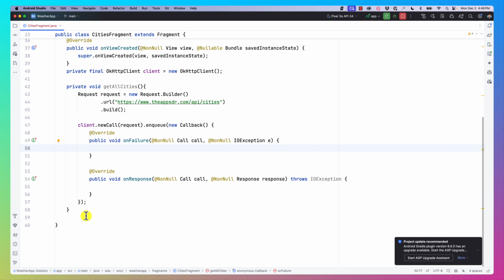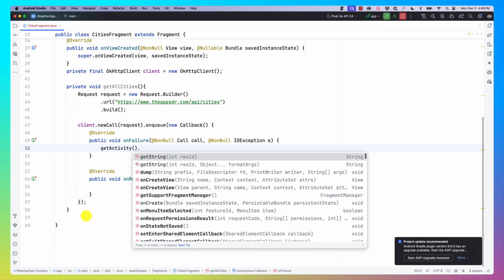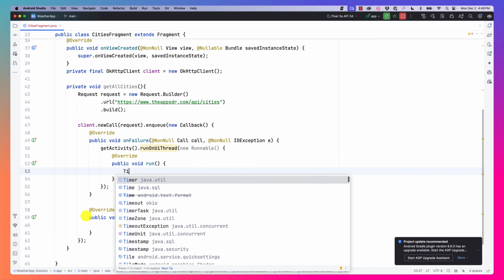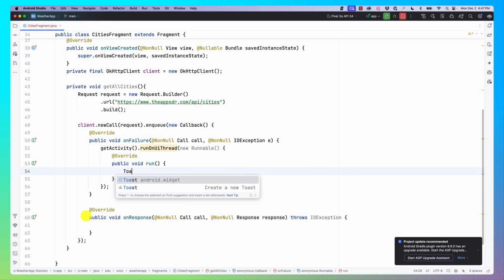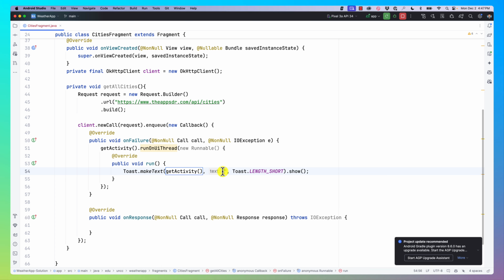So here we are, and get activity dot run on UI thread new runnable, toast. Okay, unable to complete request. Right, so here's this, and then similarly